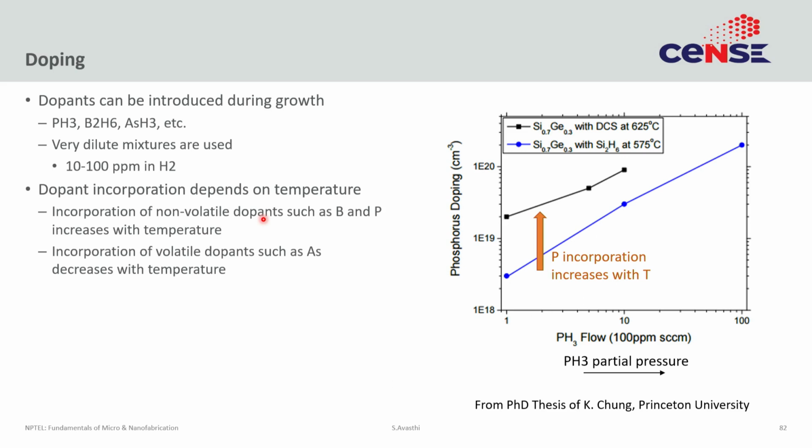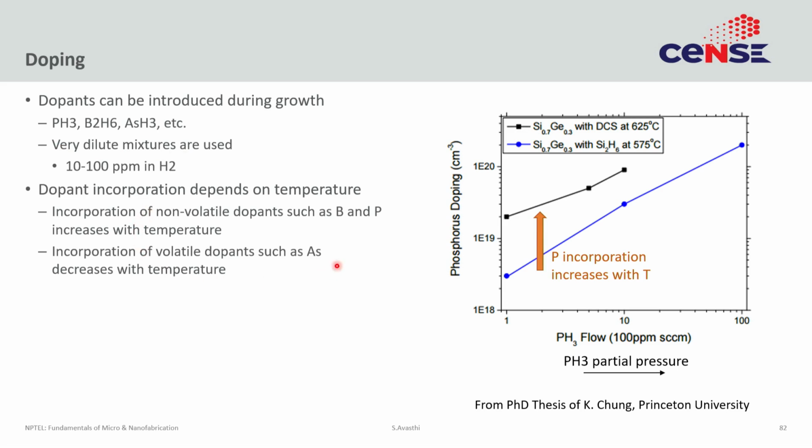Couple of points on doping. Supposing you want to grow a doped film, the easiest thing to do is incorporate the dopant while you are doing the CVD. So, if you want to do phosphorus doping, you just introduce phosphine. If you want to do boron doping, you just introduce diborane. Often the doping levels have to be very small. So, compared to the silicon atom density, the dopant atomic density is much lower. So, the phosphine and the diborane must also be at very low concentration. We get those very low concentrations by just making very dilute mixtures. So, instead of having 100% arsine or 100% phosphine, you have say 10 ppm of arsine or 10 ppm of phosphine in hydrogen. The rest of it is hydrogen.